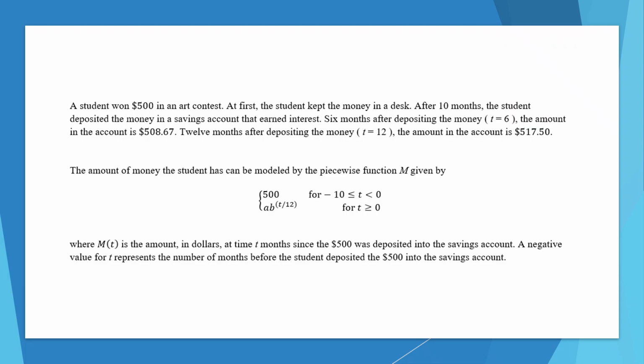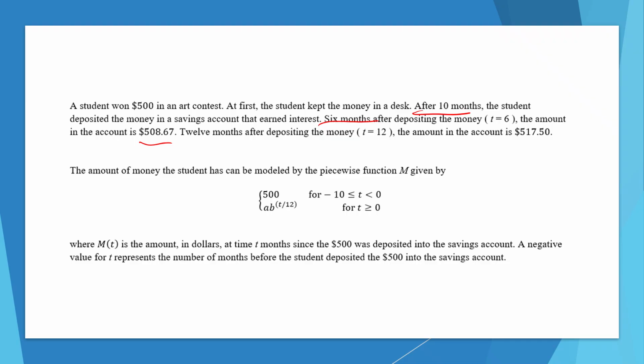won $500 in an art contest. And now, at first, the student just keeps the money sitting around and does nothing with it. And then after 10 months, they get the bright idea to start putting that money in a savings account, which will ultimately earn interest. 6 months after they started that savings account, the account balance was